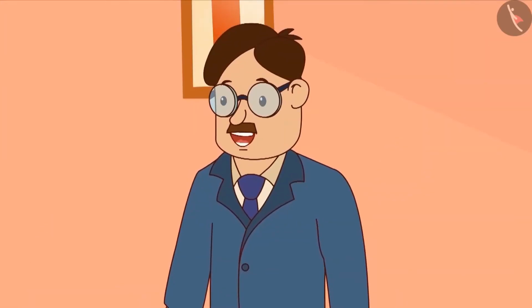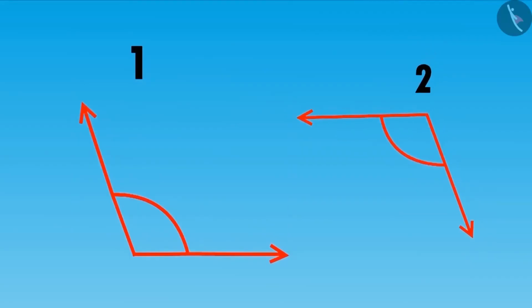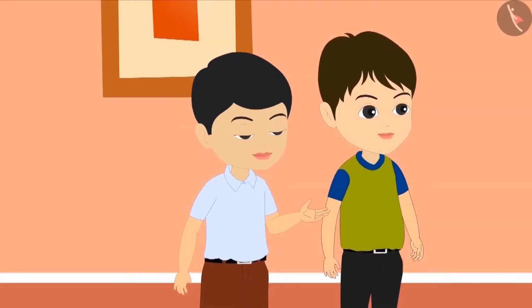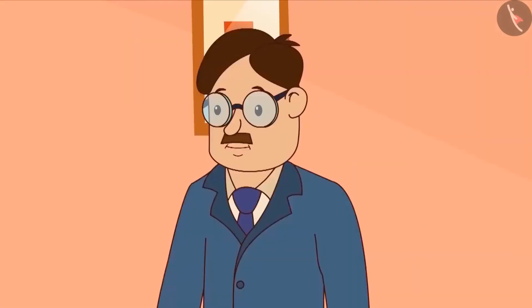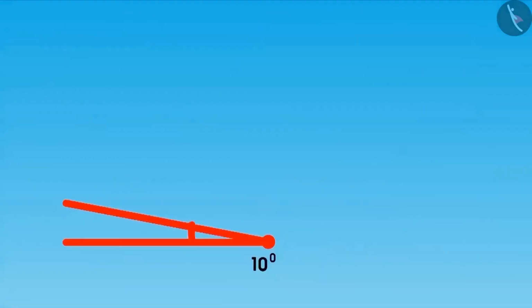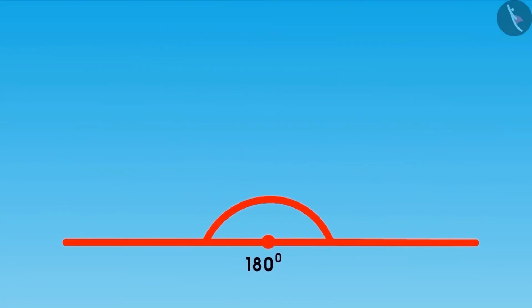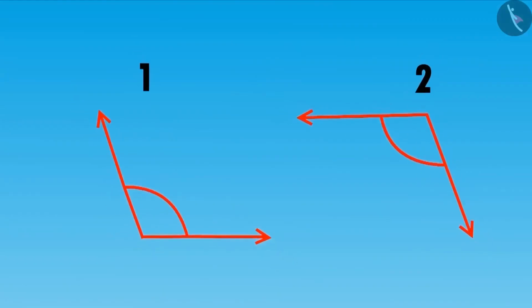Come on, kids. Now let me ask you a question. Can you tell which of these angles is greater? I think the first angle is greater than the second angle. But I think both these angles are the same. Look, kids, to guess any angle, we should look carefully at the curve formed between the arms. The greater the distance between the sides of the angle, the greater the angle. If we look at these angles carefully, the distance between their arms looks the same.